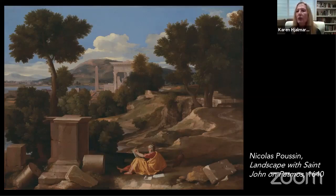John, who is writing the book of Revelations on this beautiful remote island of Patmos in the guise of actually a Greek scholar or philosopher. However, the thing that makes it interesting too is that you have a halo here. So that indicates one of the apostles of Christ, and of course, he was one of the closest, like Peter, one of the closest to Jesus. So there was a religious aspect to it, but in this painting and the work of Poussin, you don't see